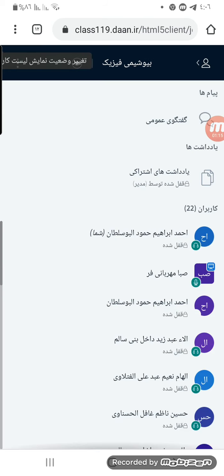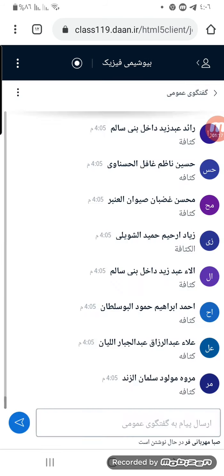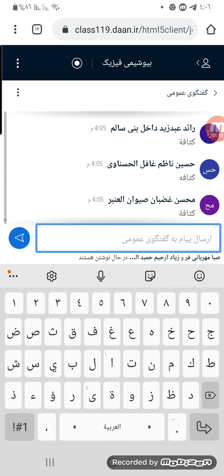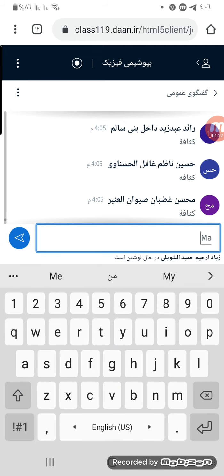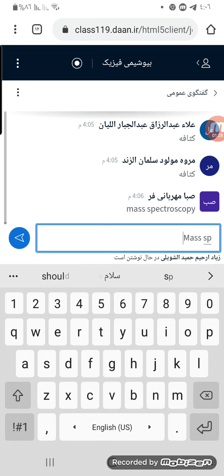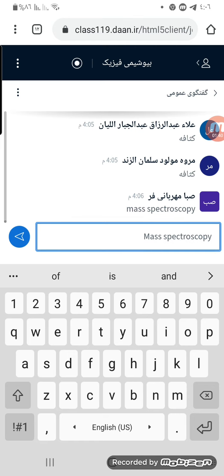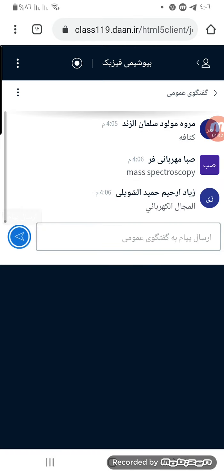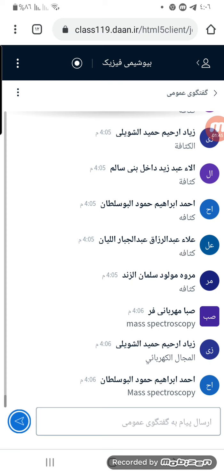Mass spectroscopy. It's a technique. I will explain it in next sections. When you want to know the mass of macromolecules like an enzyme or a protein, you can use mass spectroscopy or electrophoresis. These are two important